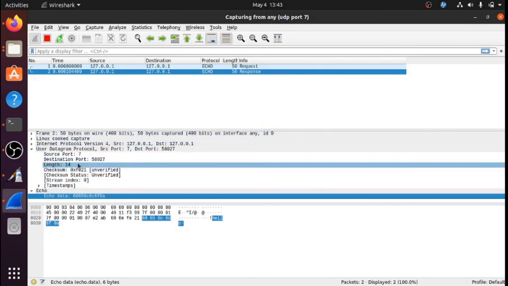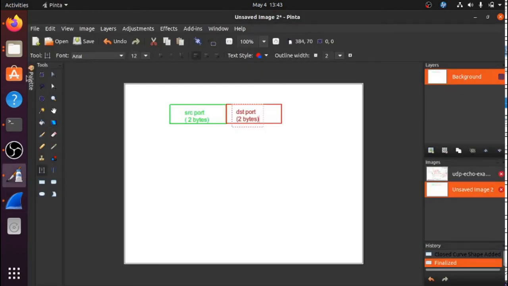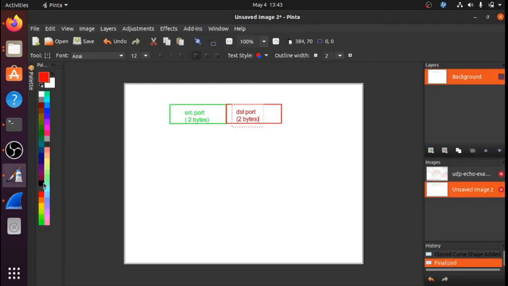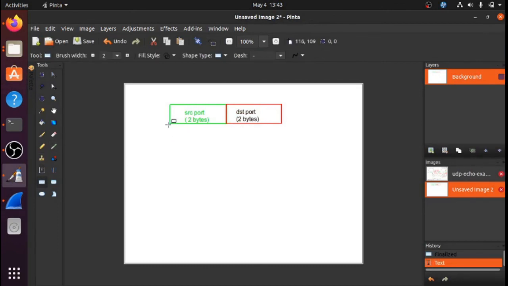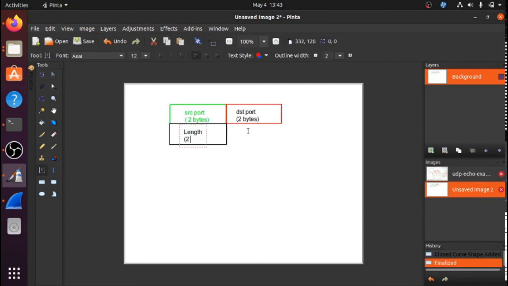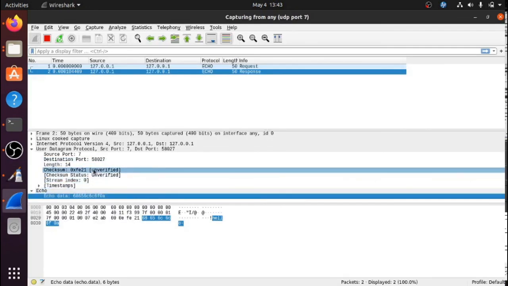What is the next field? It is the length field. So let's draw this length field. Take some other color, probably black. This is the length field, and this is also 2 bytes. And what's the last one? Last one is the checksum.